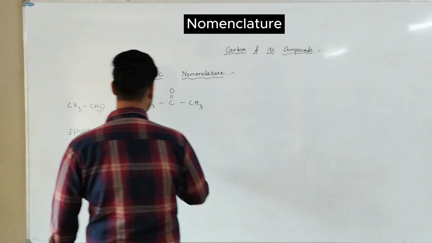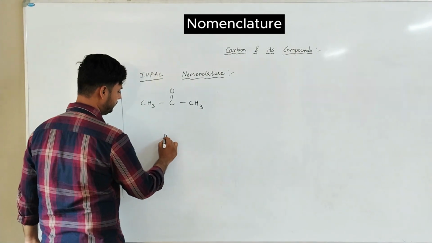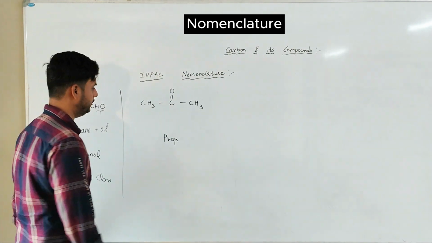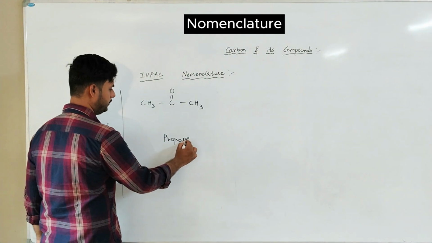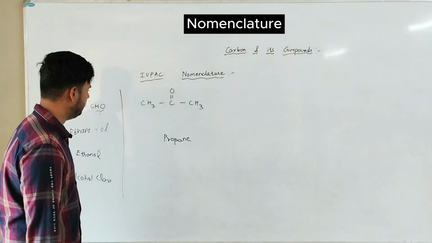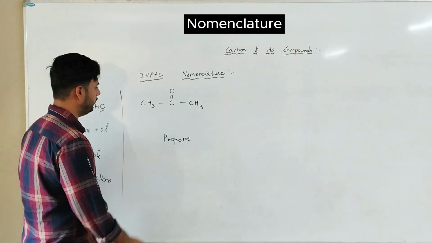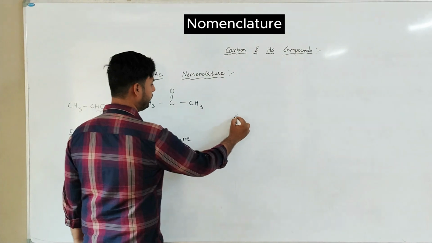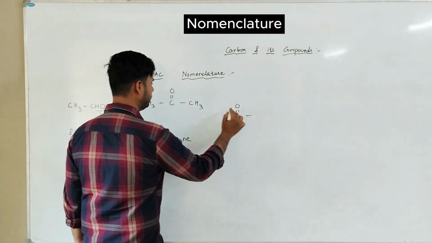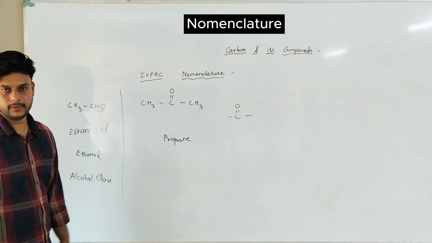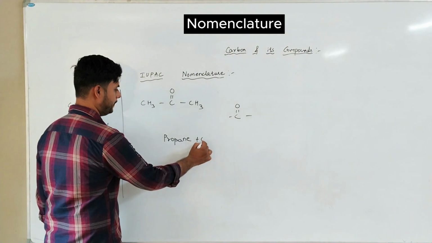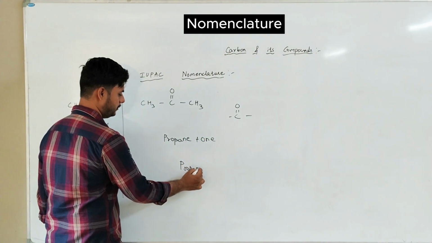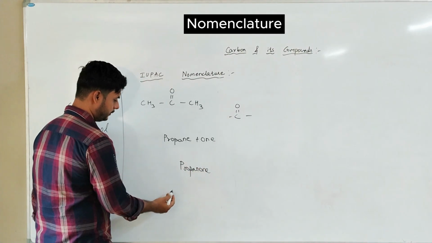So how many carbon atoms are there? 1, 2, 3. Prop. The bonds are single bonded, so it is propane. Correct. Next, I don't have any prefix. I have only one suffix, that is C double bond O. Over. So it is ONE. Propanone is the name. The class is